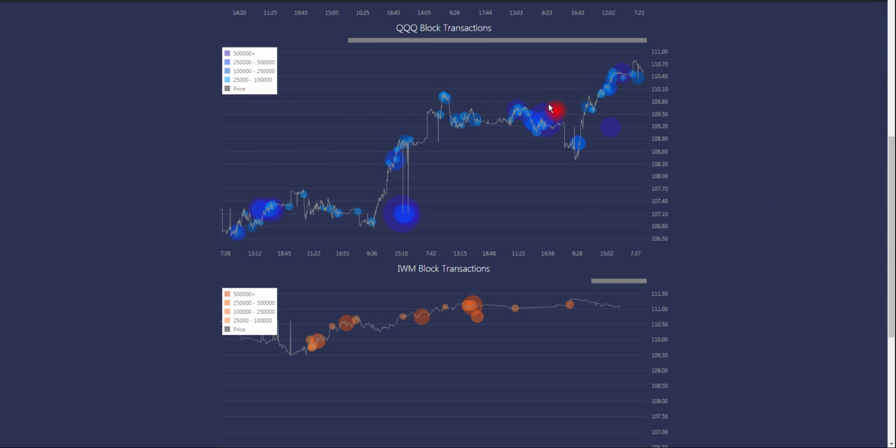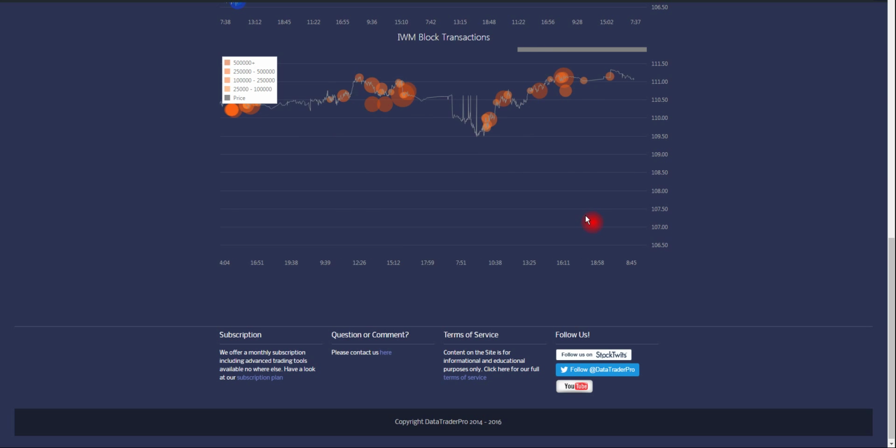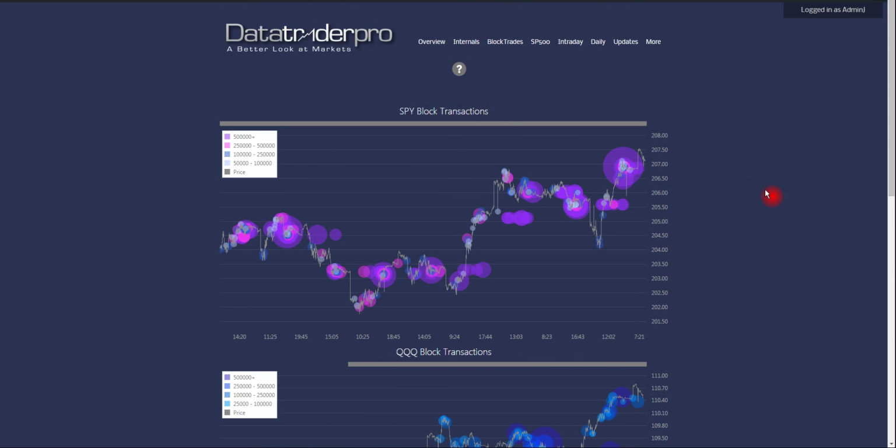Really, there's some prints previously, but no big sell prints on QQQ. And no big sell prints, although a lot of small prints, no big ones on IWM. And the IWM chart looks quite bullish still. So,